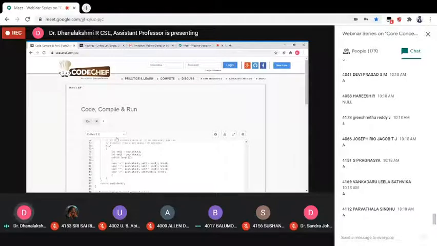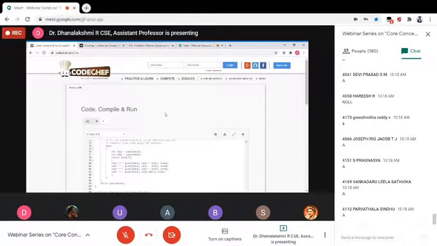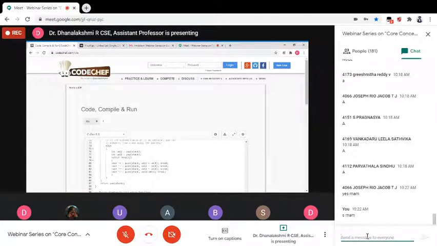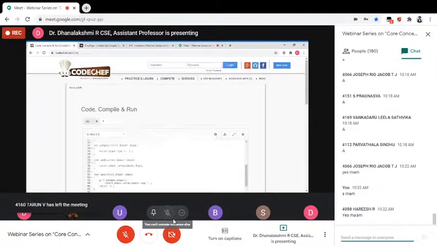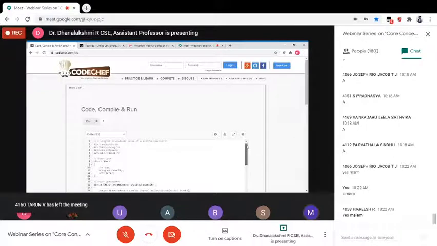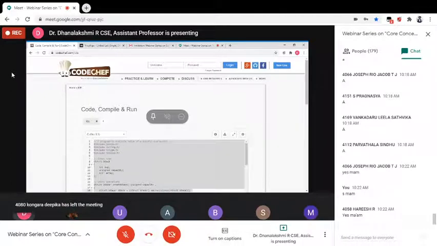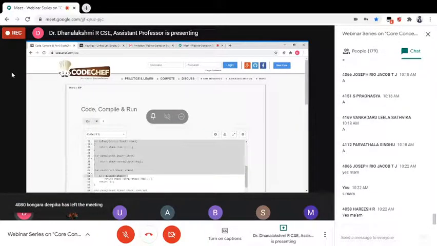Have you all seen my CodeSurf window? Raji ma'am? Yes, okay. Yeah, here, this CodeSurf window. First, you have to select the language, which language you are going to implement.